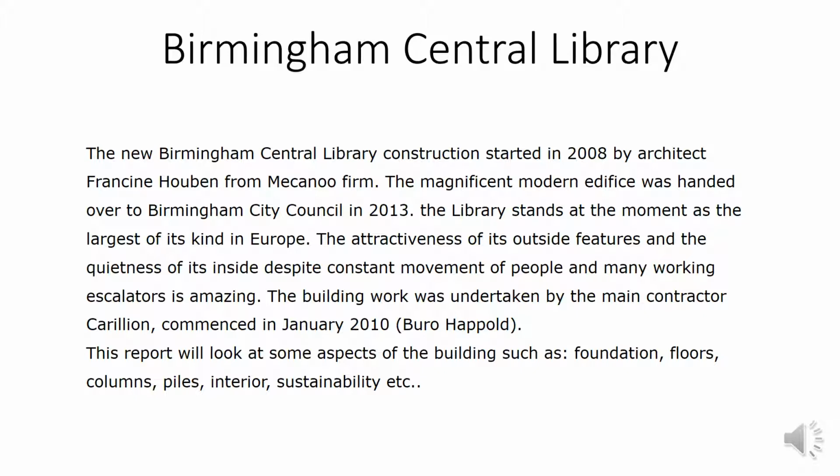This is just to present Birmingham City Library as part of my chosen building for the coursework, part 1. The new Birmingham Central Library